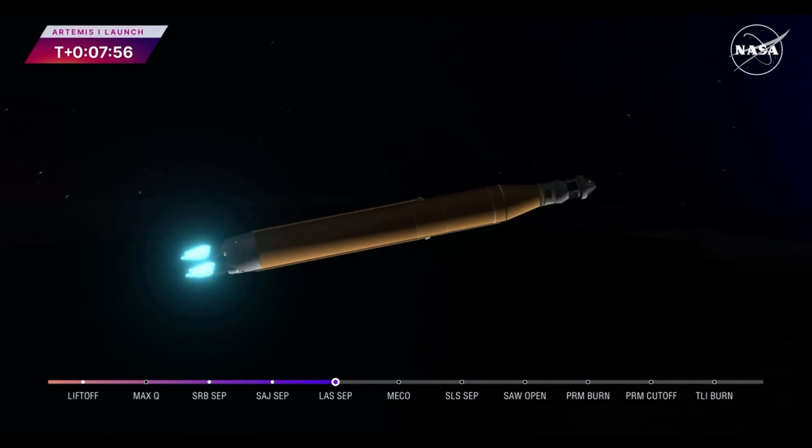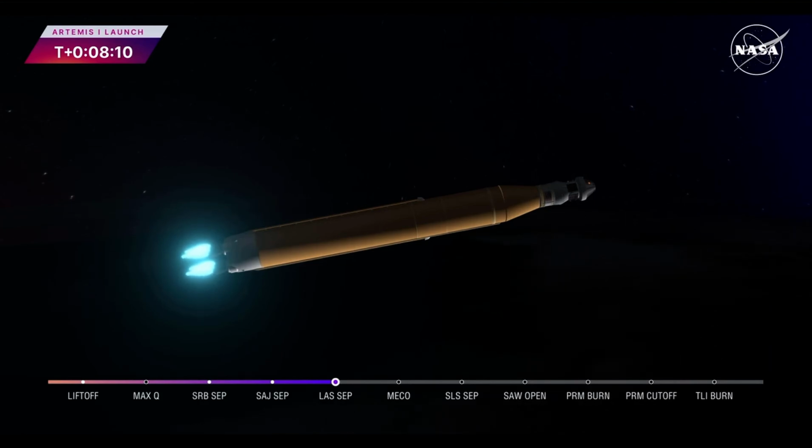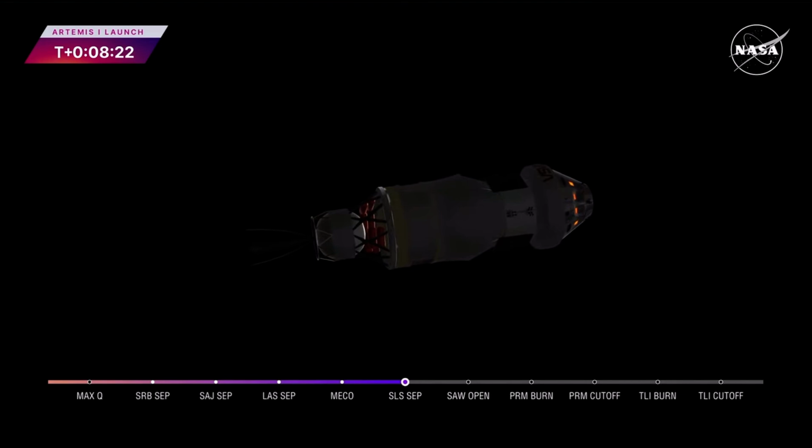Continuing to hear good calls here in Mission Control Houston. We're standing by for core stage main engine cutoff. And we have confirmation of core stage main engine cutoff. Orion is now in Earth's orbit. The flight dynamics officer reports that we have a nominal main engine cutoff. And we just heard the call for core stage separation. That means Orion and the interim cryogenic propulsion stage are now